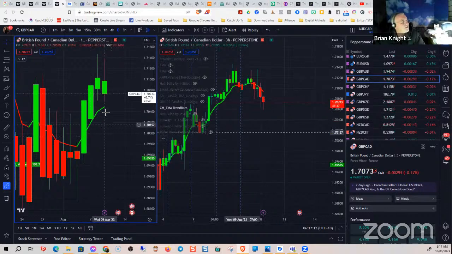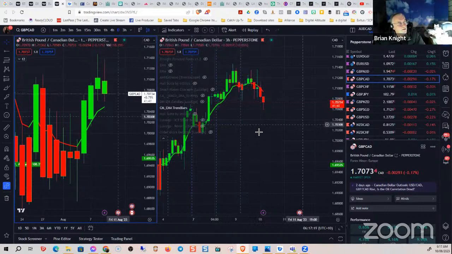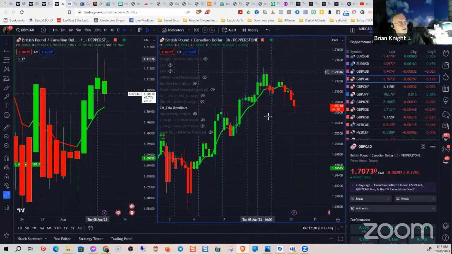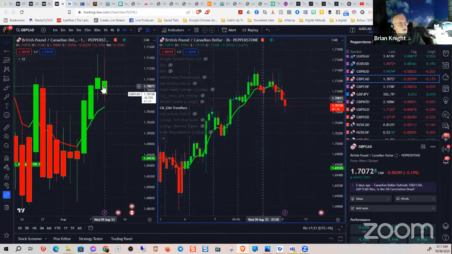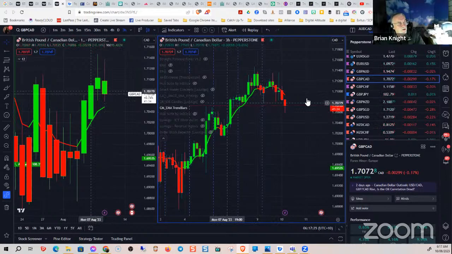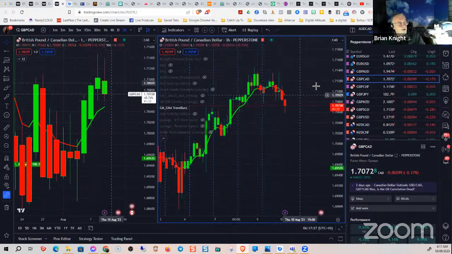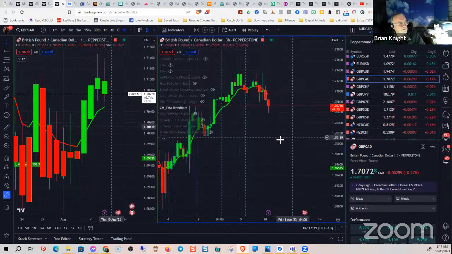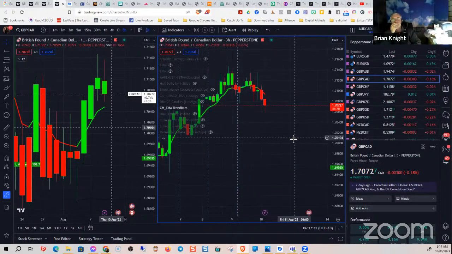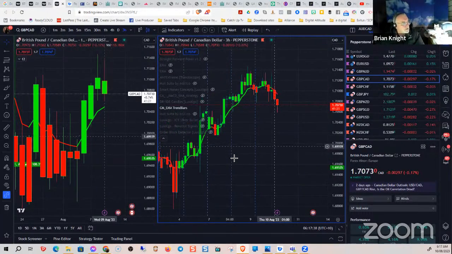Does that make sense? But this one candle on the day in the last 24 hours has basically pulled down and created a swing high. So just know that if you do get into a sell on this, it may be quite short-lived before it goes into the buy direction. Yeah. So that's just that GCAT at the moment.